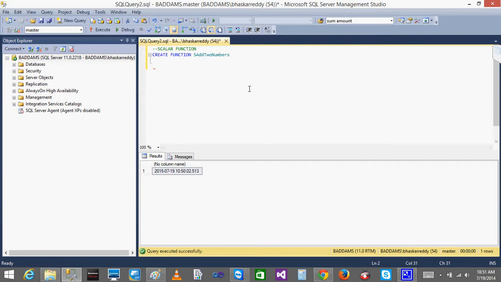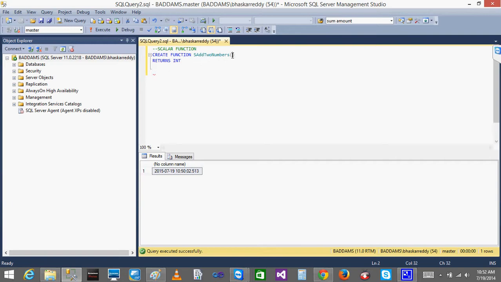After that what I will do? I will give as, and which type it returns, an integer. A function always returns a value. You need to give which type it returns, what type the output will be. You need to always give that. So I will write returns, and I want to return an integer. Oh sorry, it's not returns, it will return. Returns, yes, okay, returns, and I should give the bracket here.